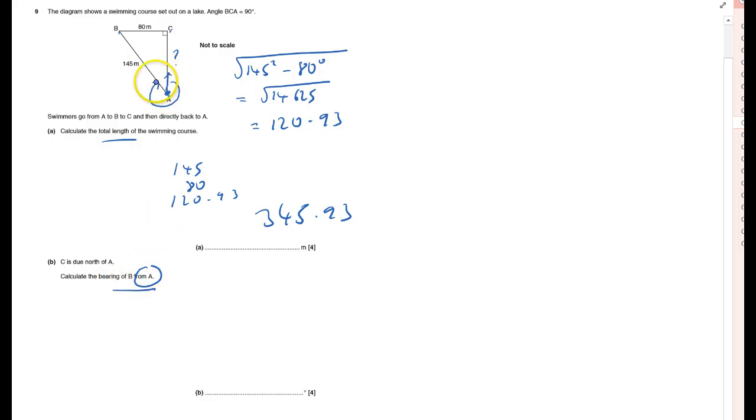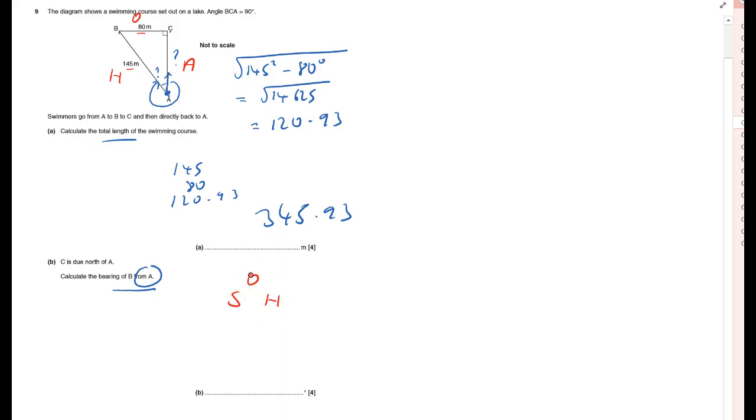So in order to do that, I'm going to have to work out this angle here and then take it away from 360. So to do that, it's definitely going to be a trig thing here, because I've got a right angle triangle, and if I label the triangle up, that's obviously the hypotenuse. The opposite is opposite the angle we're talking about, and the other one is the adjacent. I know 80 and I know 145, so I know the opposite and the hypotenuse, so I can use SOH,